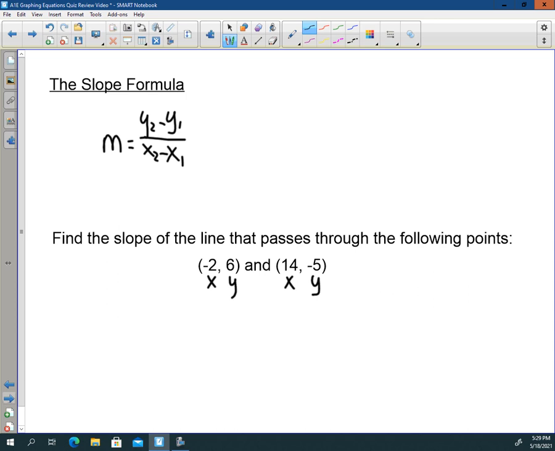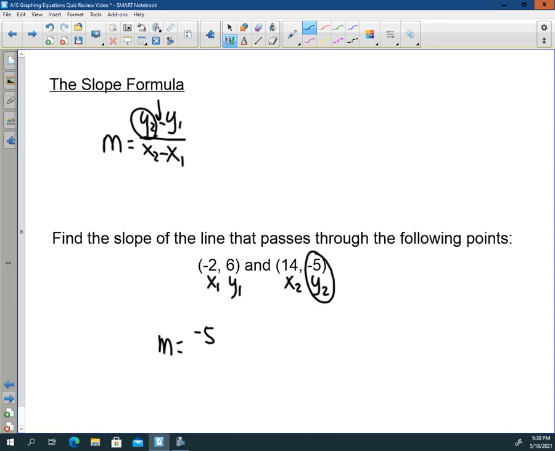And because the negative 2, 6 is just the first point in the sentence, I'm going to say that that's x1 and y1. And then 14, negative 5 is x2, y2. And now I'm going to replace the pieces of the formula with those numbers. So a slope is going to be y2, first of all. Well, that's negative 5. It's right there. Negative 5